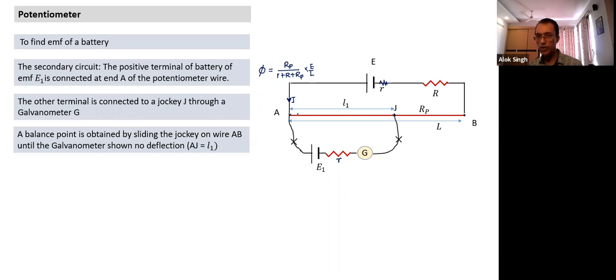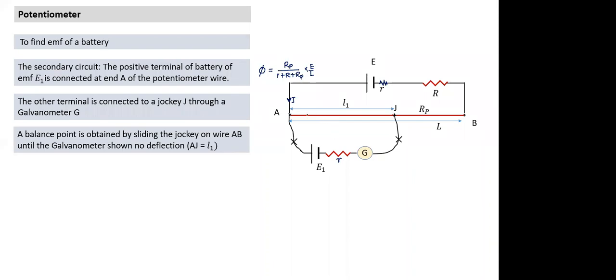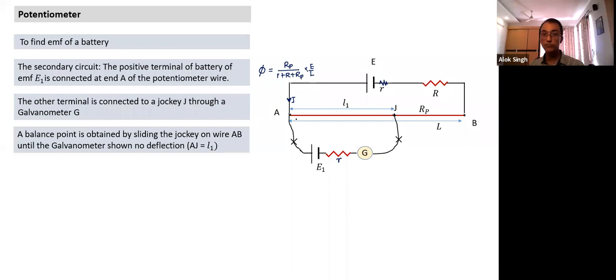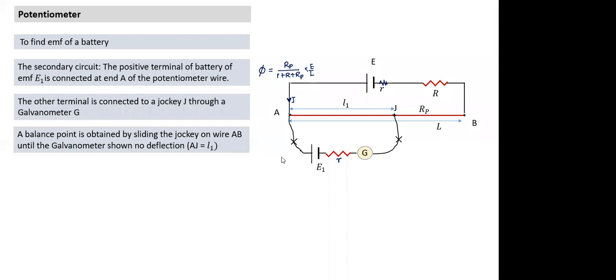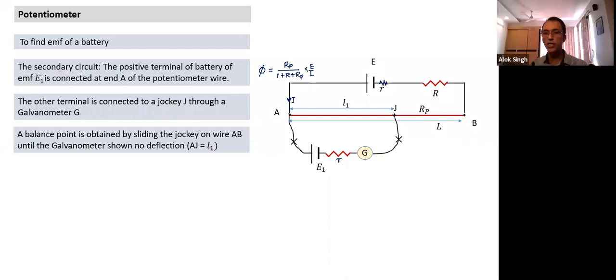If I take the potential difference between A and J along this path, Akshay, can you tell me what is the potential difference between point A and J in terms of phi? What is the potential difference between point A and J? Priya, can you tell me the potential difference between point A and J? Priya? Are you all there? Yes or no? Yes, sir. What is the potential difference between point A and J?